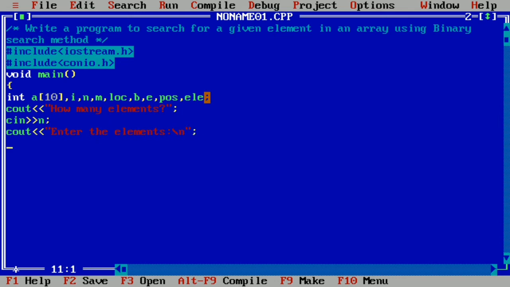We're going to enter elements using a looping structure. For i = 0, i < n, i++. So here we'll use cin and we'll write a[i]. Okay, then we're going to write cout "enter the search element".